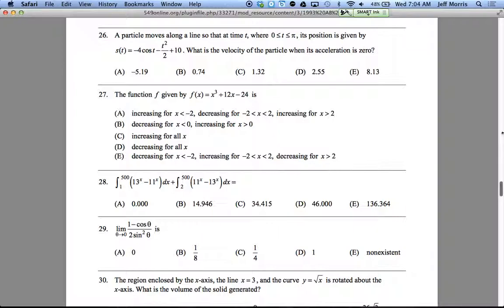But number 28, we looked at this one yesterday, and I want to look at it one more time, kind of revisit it, because you would have to be able to do this without a calculator. Okay? So here's how you do it. And if you didn't understand this yesterday, think about this. You've got basically the area from 1 to 500. And the problem is,